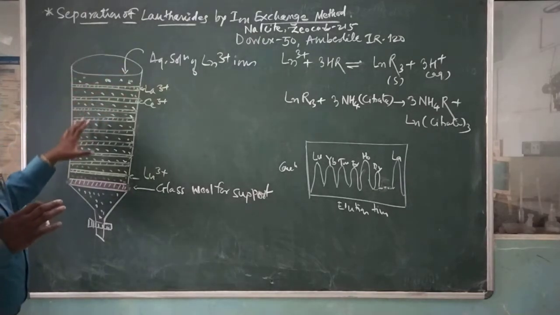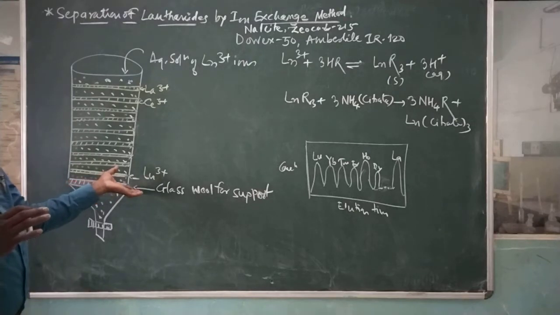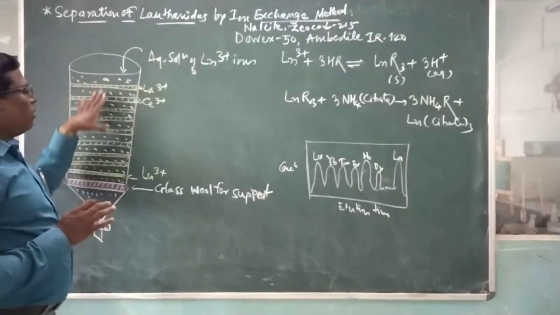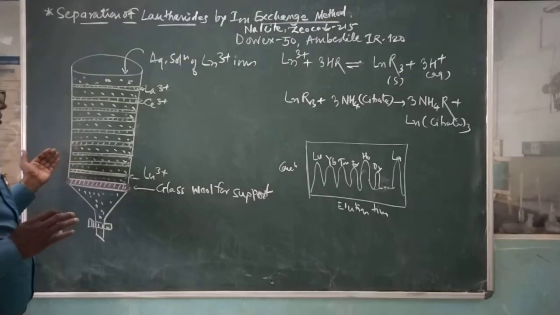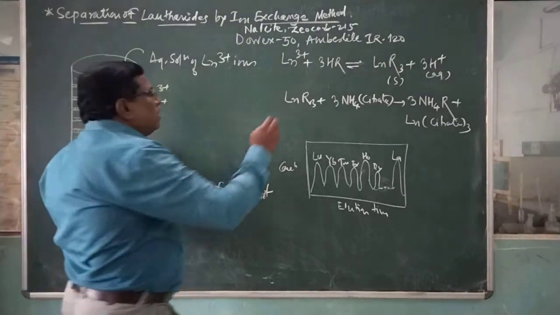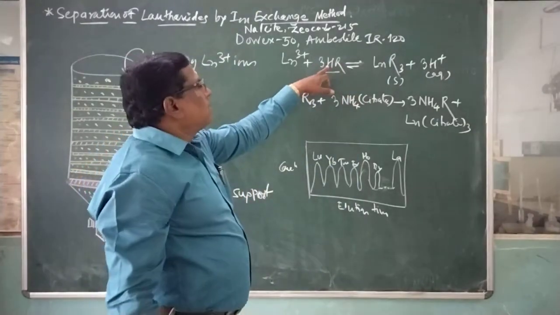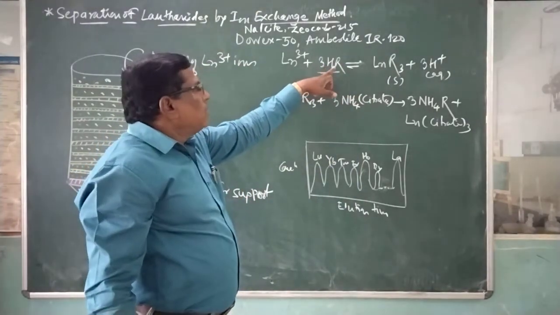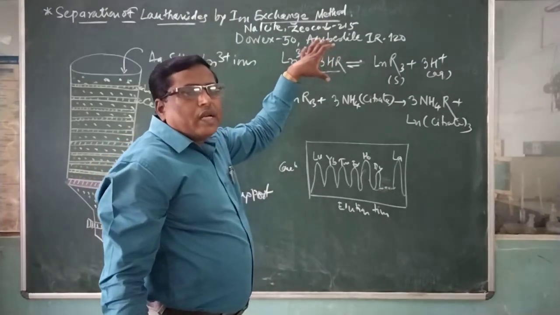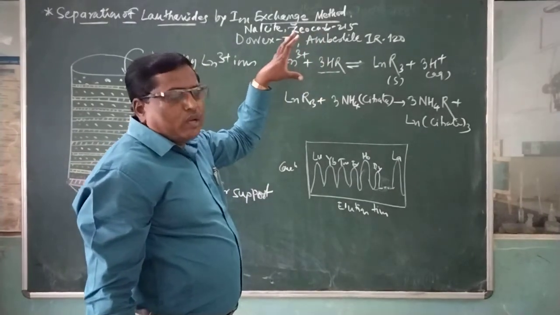First of all, you should fill the wetted organic polymers with the support of glass wool, and then you should pass the aqueous solution of the Ln3+ ions through the resin column. Once the resin column is taken, it can be represented as HR. Here H stands for exchangeable ions, and R stands for the resin column. These are reagents having cation exchange properties, and they can exchange H+ ions.